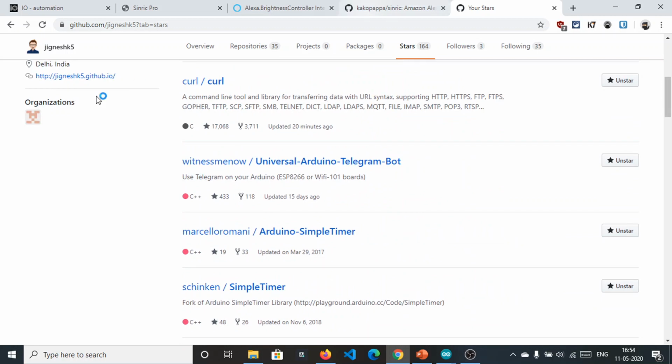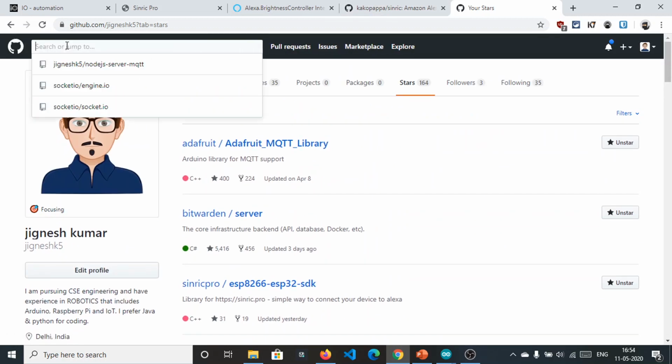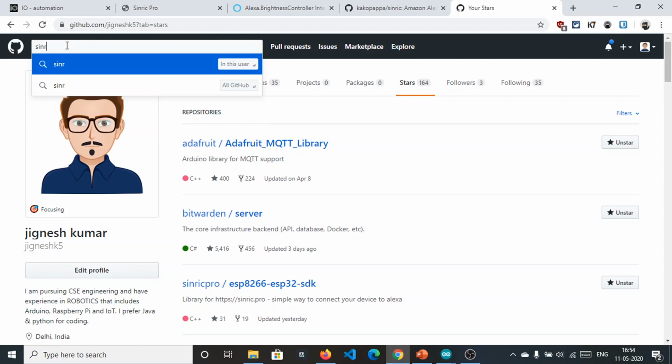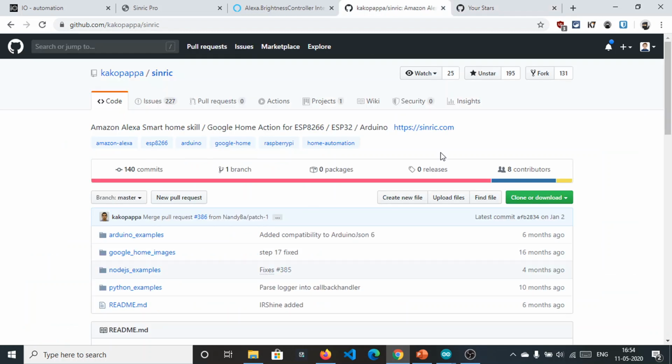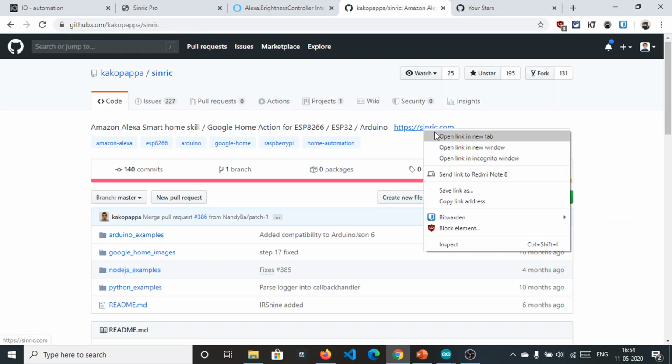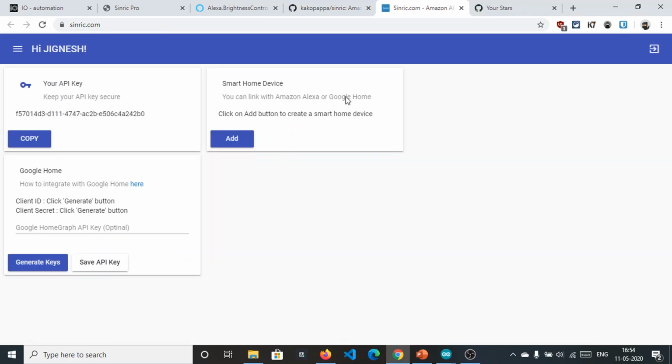Basically that library, this is the older version, the Synric library, which is not that useful in the current scenario, because the developers are moving to the latest version, and this is the older version. I have already logged in with account.